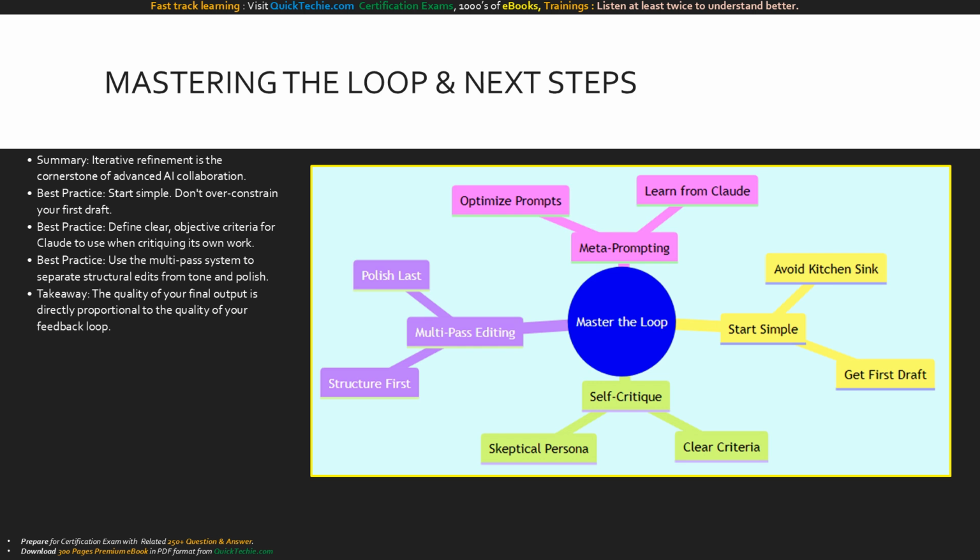And remember to use the multi-pass system. Fix the structure before you try to polish the grammar. The ultimate lesson here is that the quality of your final AI output is directly proportional to the quality of